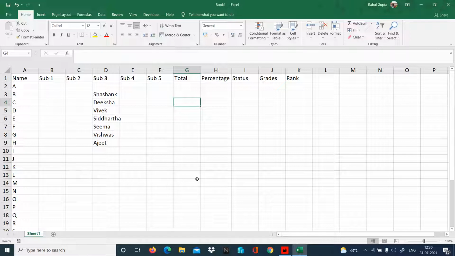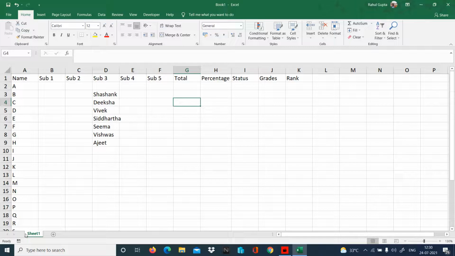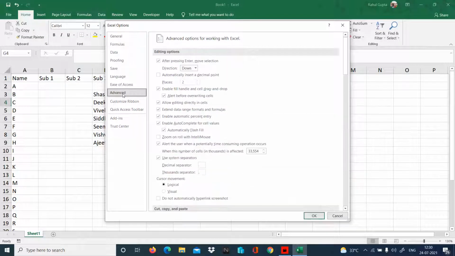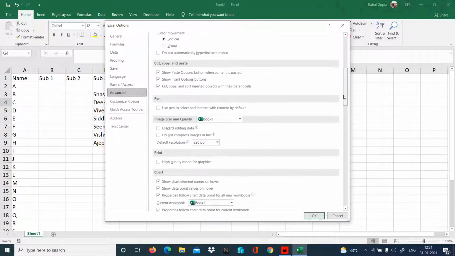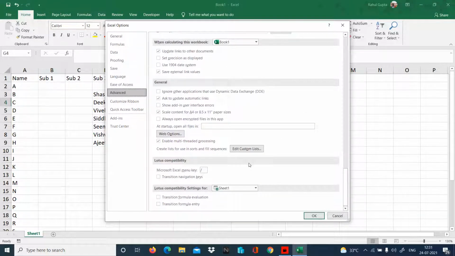For this, I'll go to my File tab. I'll go to the last option, Options. In Options, we have Advanced. I'm going to click on this Advanced option. In Advanced, if I go down under the General option, we have here Edit Custom Lists. I'll click on this.